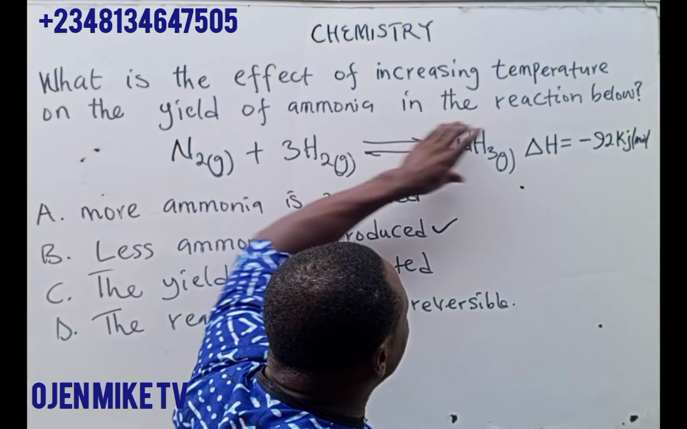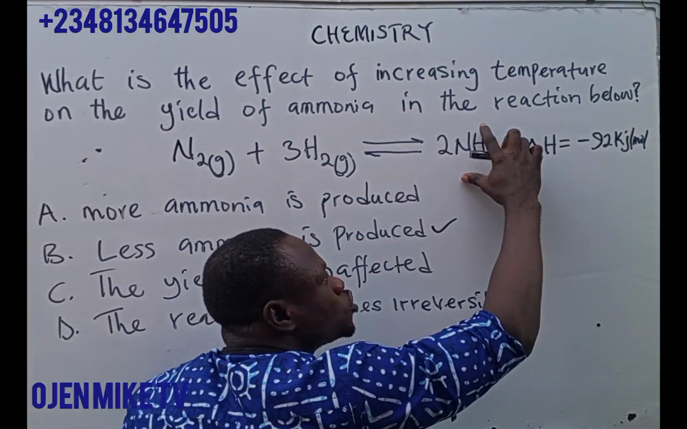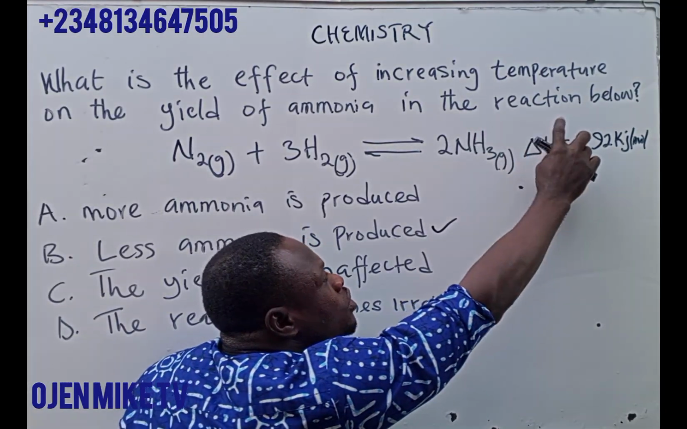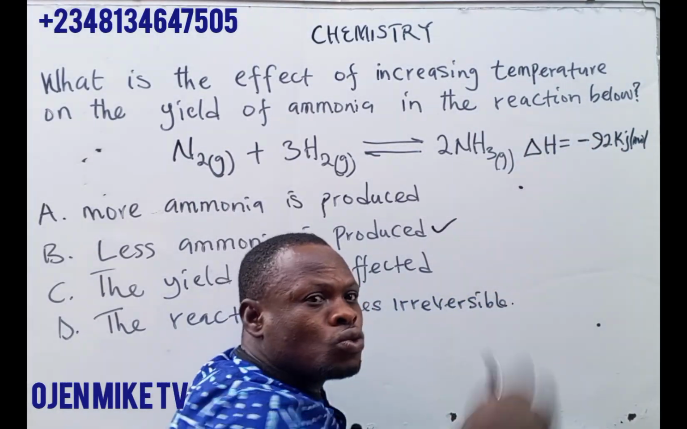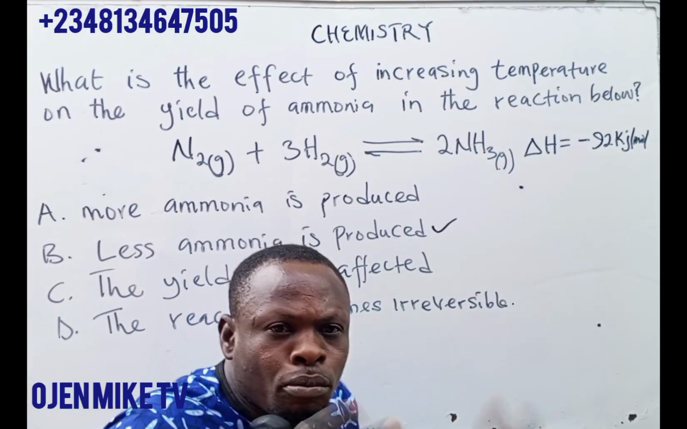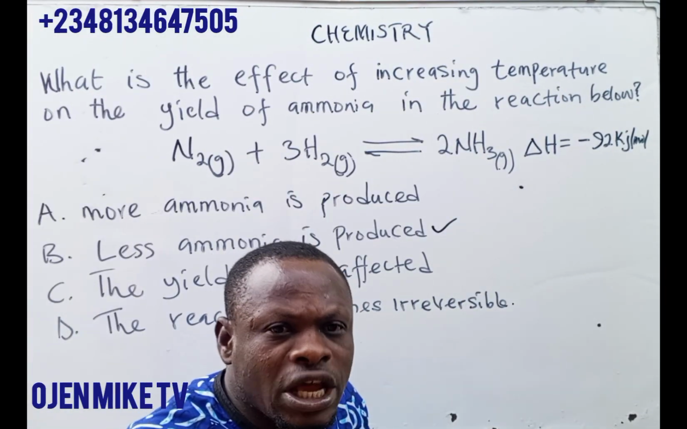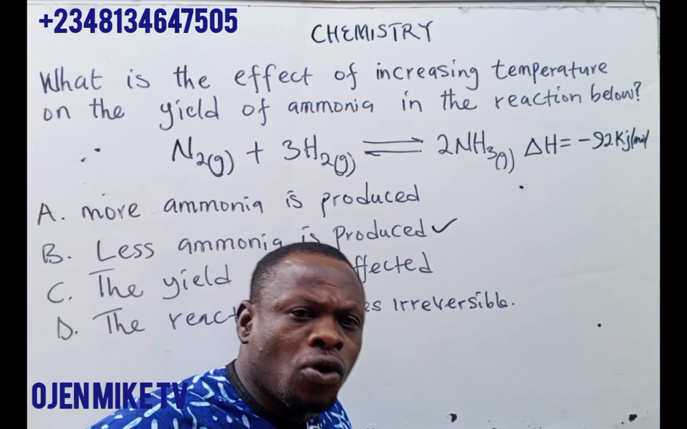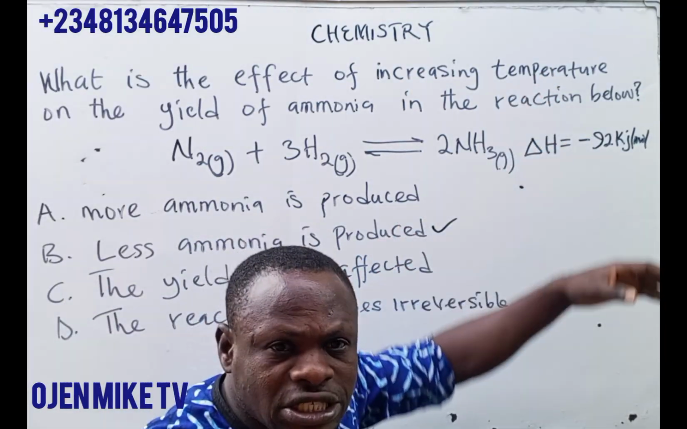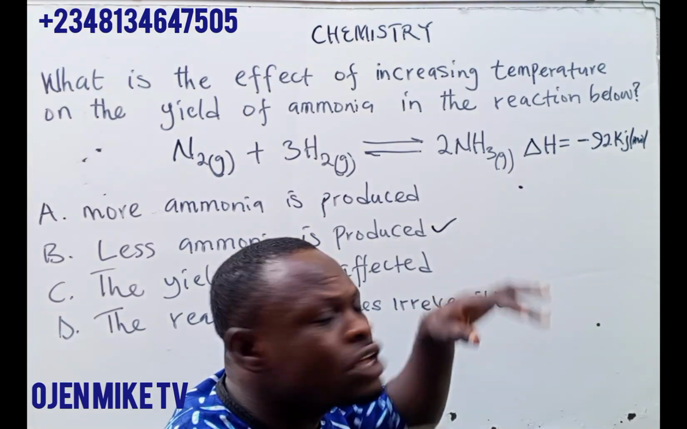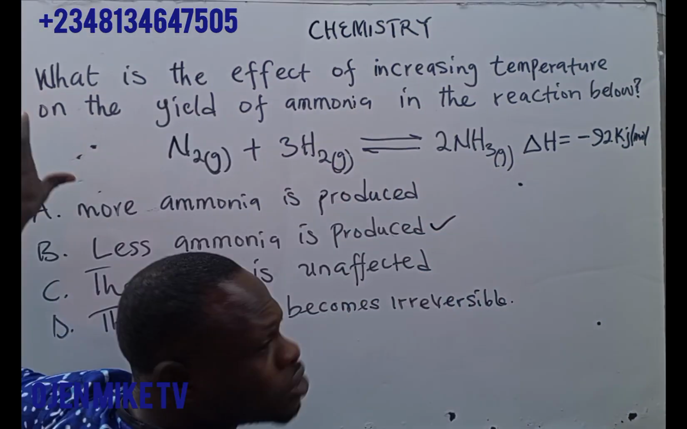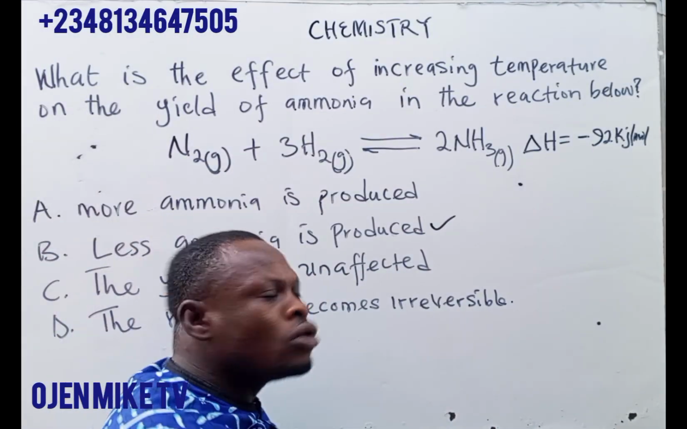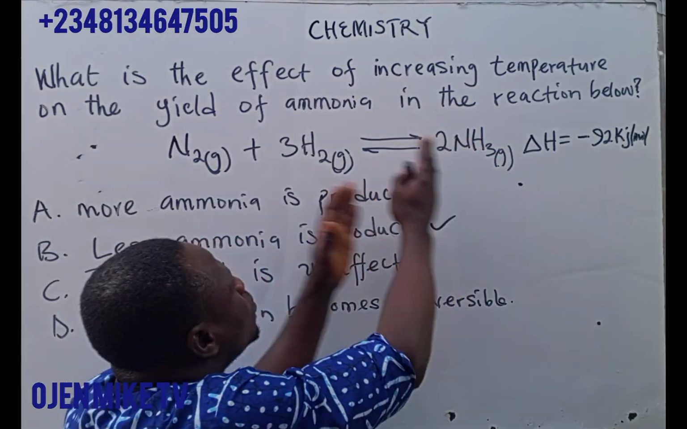So if you decrease temperature, which normally favors the production of ammonia, the system will try to generate more ammonia, so that heat will continually be released. But if you increase temperature, heat is already being released, and now you are adding more heat to it, so the equilibrium will shift to this side, because the heat that is already released is sufficient. Now you are adding more heat, so the equilibrium will now shift to